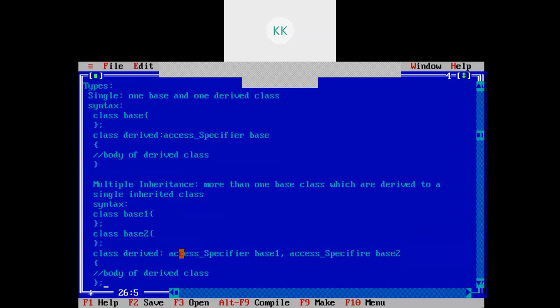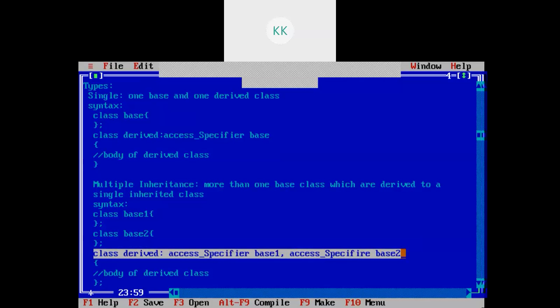Okay, so this is the second type of inheritance, wherein you will have more than one base class derived to a single derived class. It is called multiple inheritance, and you need to see the syntax for it.